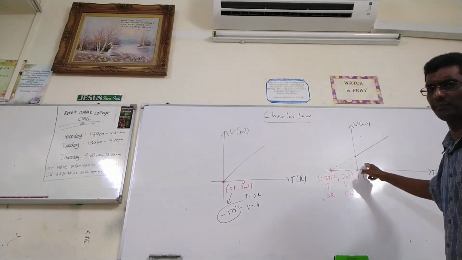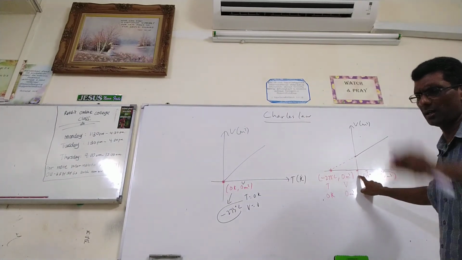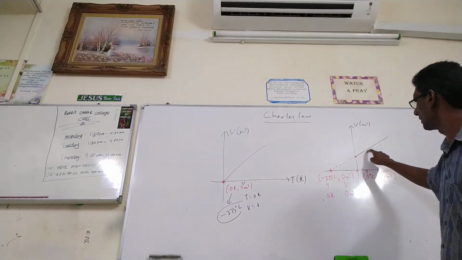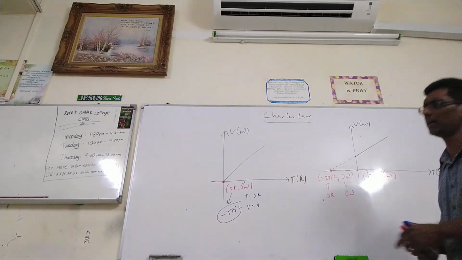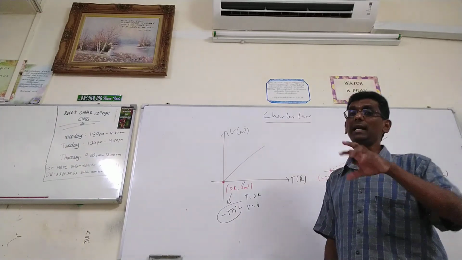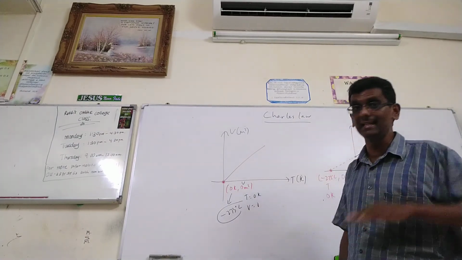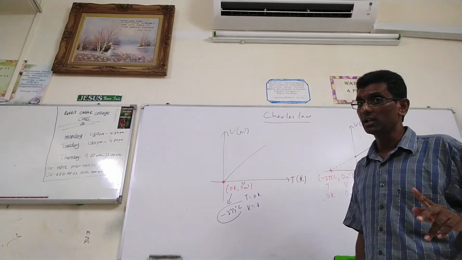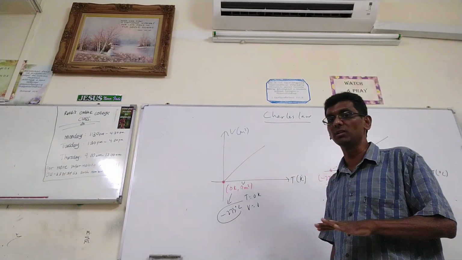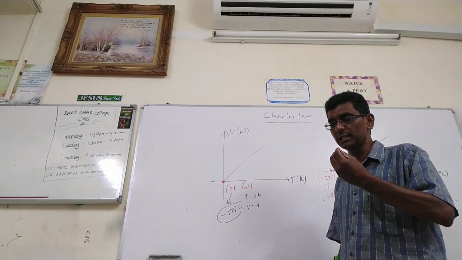Because this graph shows there's a certain volume at 0 degrees Celsius, this graph starts from here. So this is the practical graph. But the other graph is an ideal gas graph. Ideal gas means the gas doesn't exist in this world. I don't know about other worlds, but it doesn't exist in this world. So ideal gas is a gas, we call it the gas